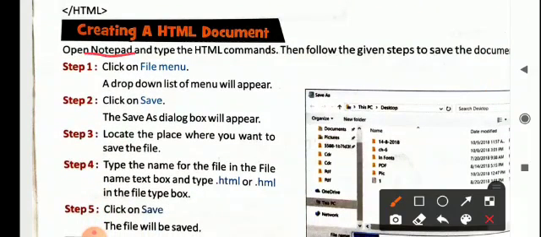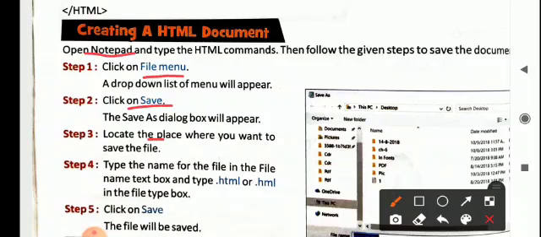Now, how to create an HTML document? You have to type the previous code in a notepad. So, open the notepad, type the code entirely and then click on the file menu, and take into consideration how you are going to save your file. Saving is quite different. Click on save as and a dialog box will appear.